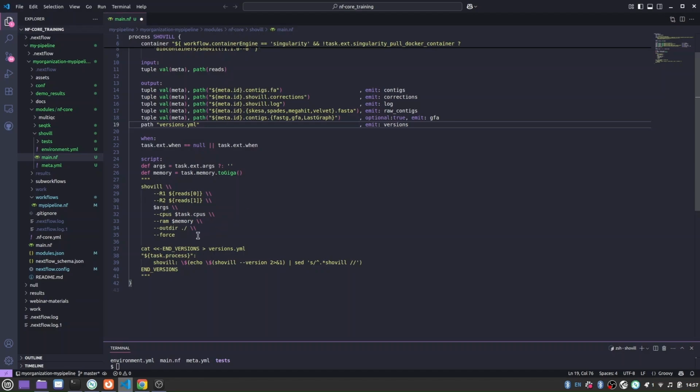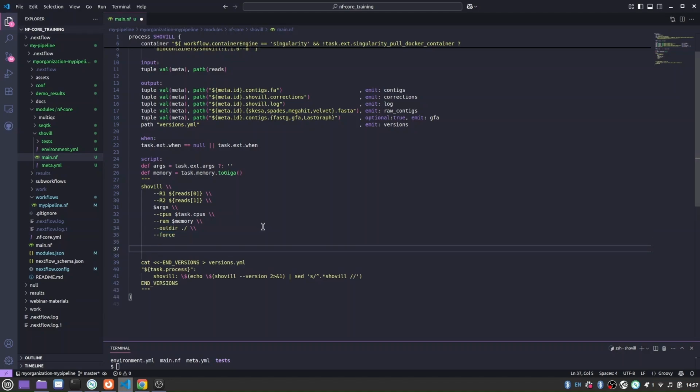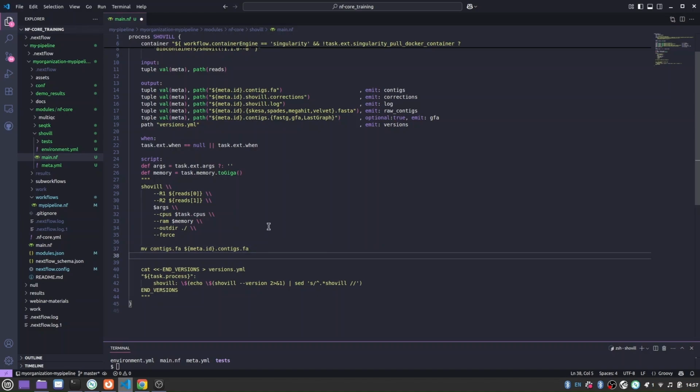So we need to add some bash to the process to move the standard default output files to this name. And to do this, remember the name for this particular one is contigs.fa, and we're going to say move contigs.fa to meta.id.contigs.fa. And we're going to do that for every single one of these output files. So move shovill.corrections